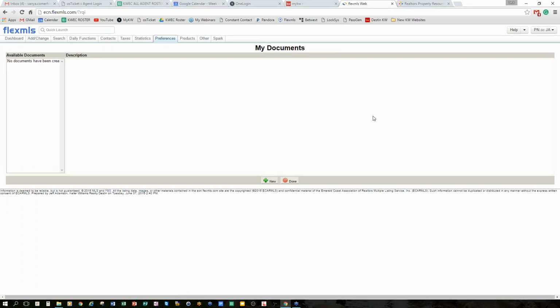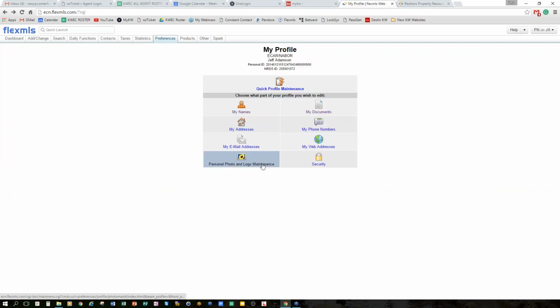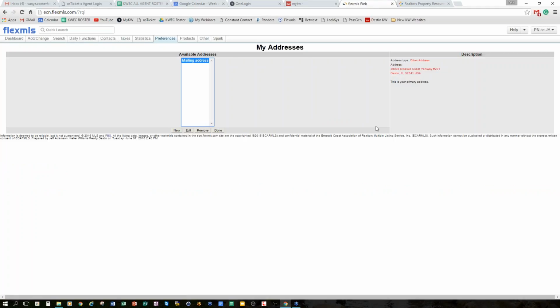If you have added any documents or disclosures, your address, make sure you put the mailing address in here. You don't have to put your home address on anything, and that's what I always suggest. Absolutely none of your clients need to know what your personal home address is. So you should always be adding the